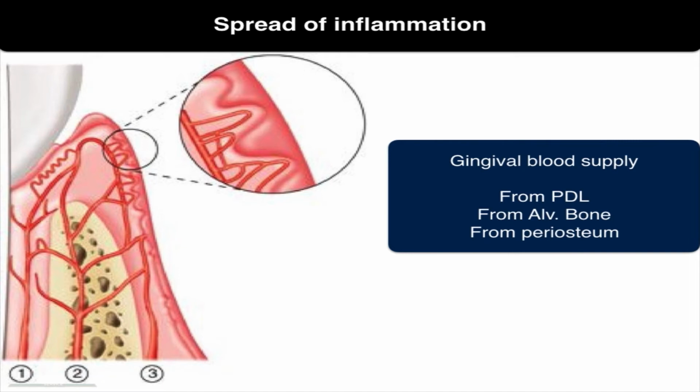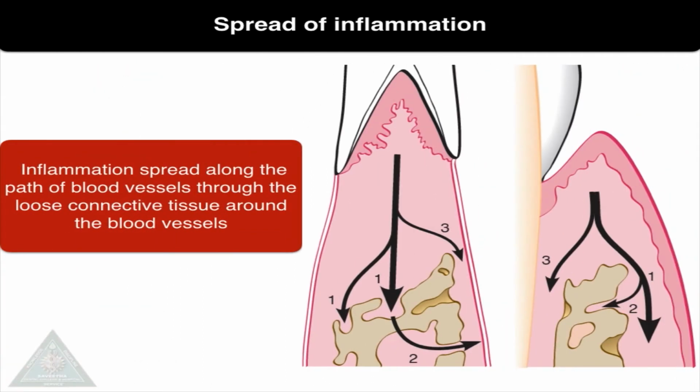If you want to understand the spread of inflammation, we should know the blood supply of the gingiva. We know that gingiva gets its blood supply directly from the alveolar bone, from the periodontal ligament space, or from the periosteum. So the inflammation spreads along the path of the blood vessels through the loose connective tissue around the blood vessels. Interproximally, the inflammation mainly spreads directly to the bone, or it can spread towards the periodontal ligament space or towards the periosteum. On the buccal and lingual side, it is mostly towards the periosteum and